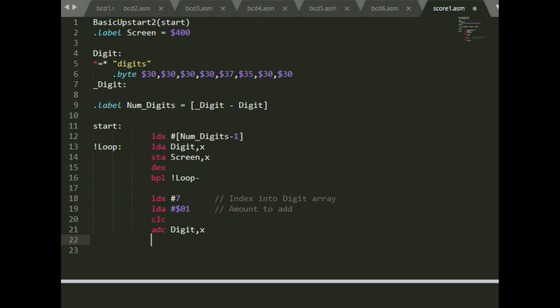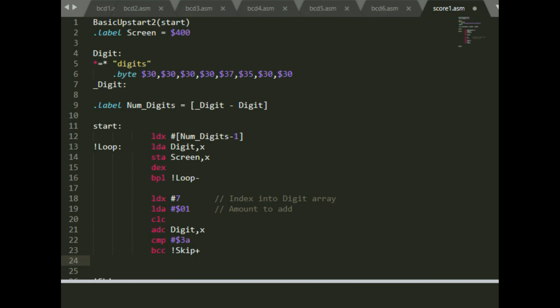So we have to do a comparison. We're going to compare it to the character right after 39 in hexadecimal, which is 3A. And if it's less than 3A, you can use a branch if carry clear. That basically is a less than statement. We can do like a skip. We'll need a plus, and so we'll need a label down here for skip. Now, if it's greater than or equal to 3A,